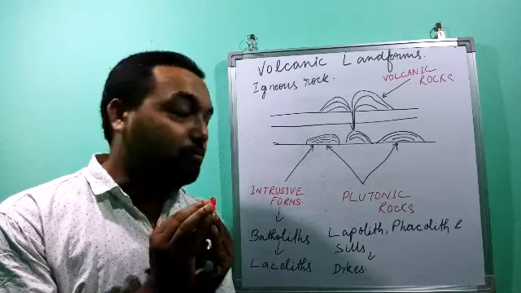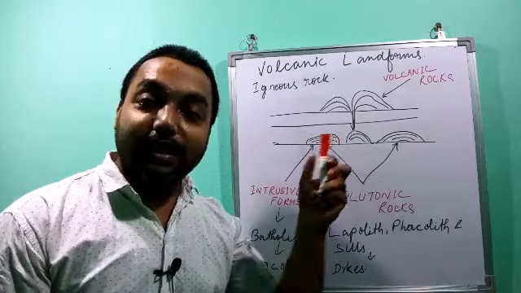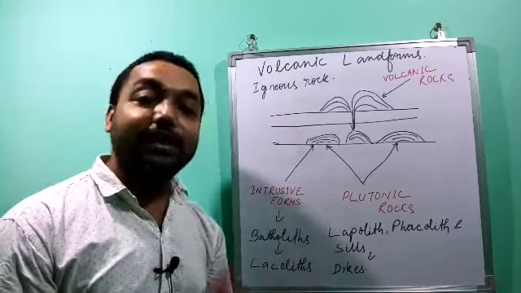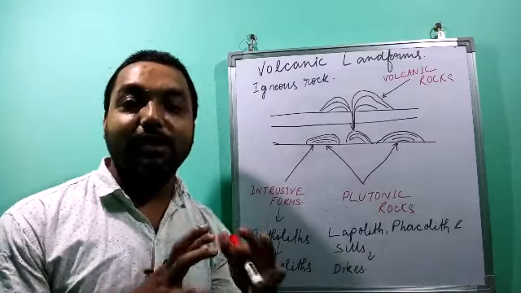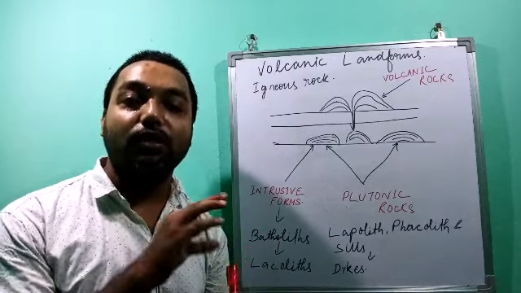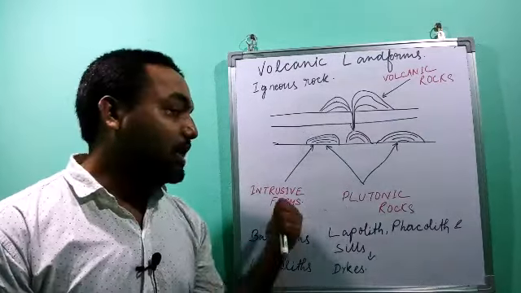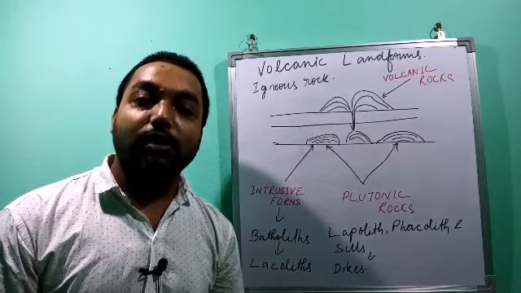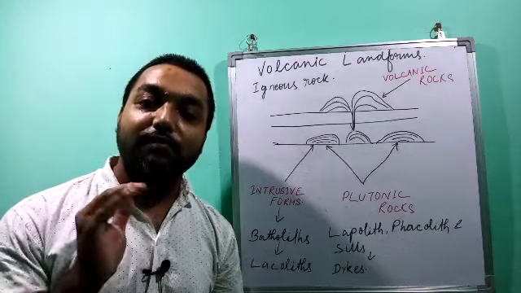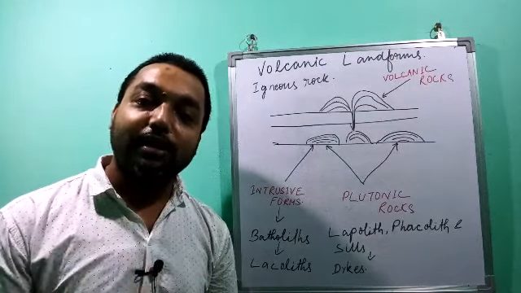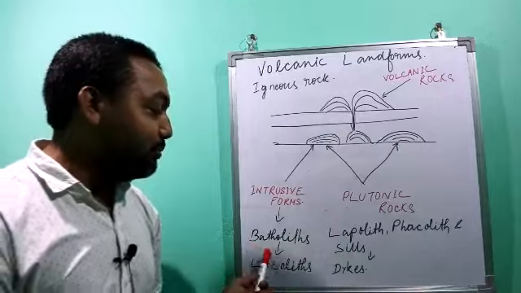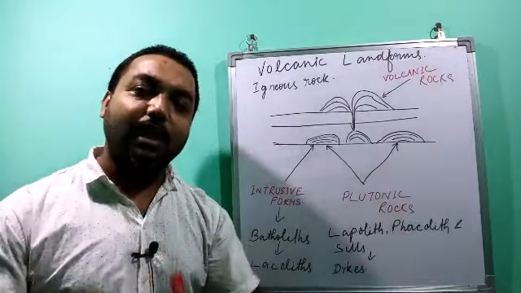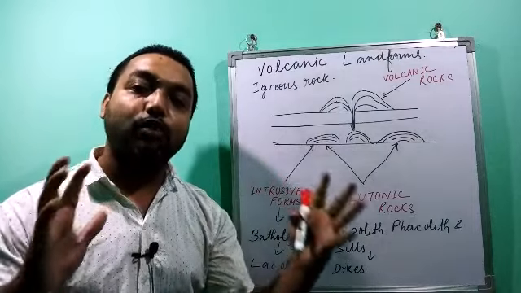Based on these different shapes that it takes while cooling down inside the earth, they are called intrusive forms. The types of shape it takes inside the surface of the earth are known as intrusive forms. There are different types of rocks that cool down inside the earth, and based on these forms they are classified into different types, like the Batholith. When a huge amount of lava inside the earth takes the shape of a dome-like structure,